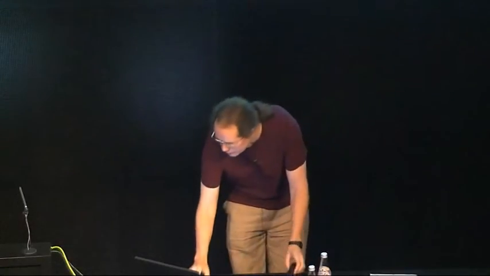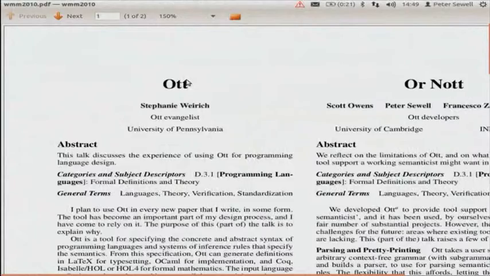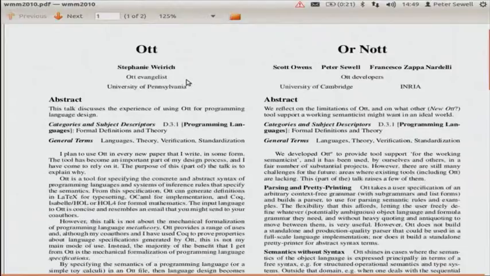I'm not going to tell you anything about the Haskell core lambda calculus, but I'm going to tell you something that Stephanie said about it. So we had a little paper together in the workshop on mechanizing meta theory. Here is that little paper. So Stephanie wrote this side, and we wrote that side.